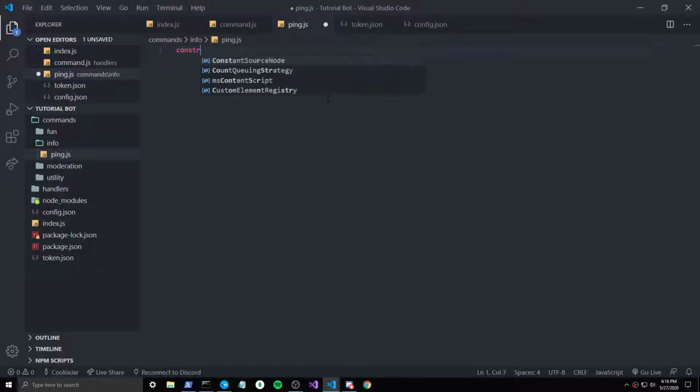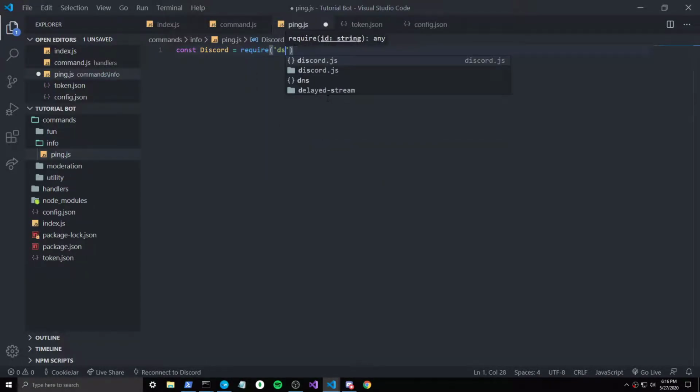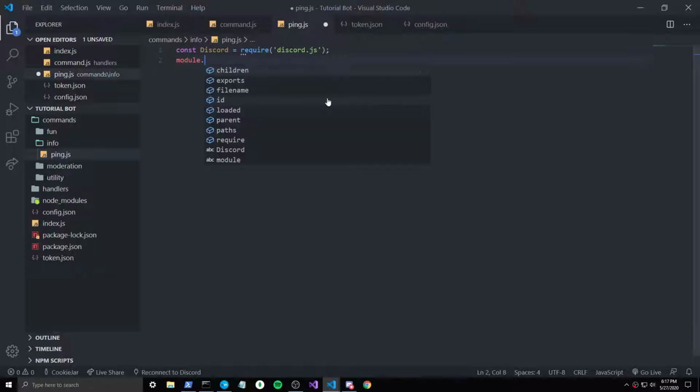So yeah, const discord equals require discord.js. I messed it up. Const discord require discord.js. And then whatever that you're starting a command, you're going to need to do module.exports equals, and this will be the name. So ping and